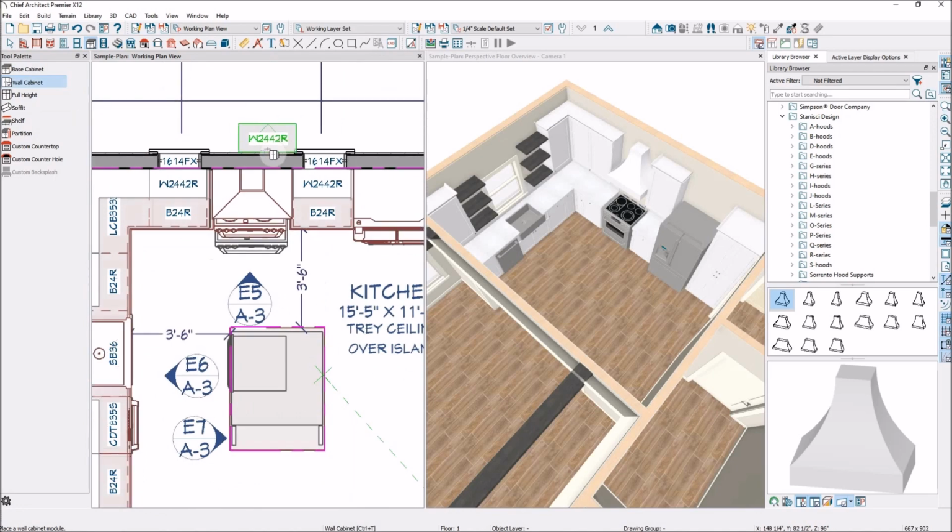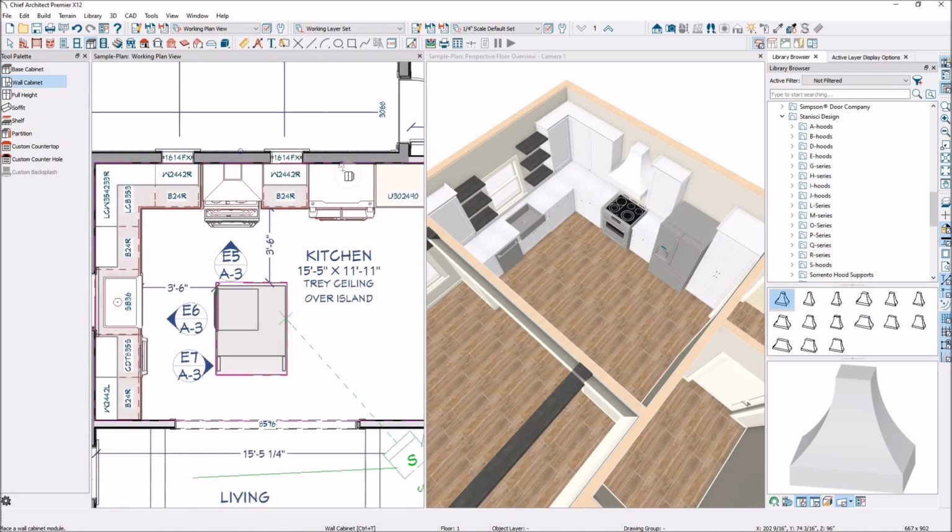So now that it's there, it will automatically do a cabinet above that fridge. So it automatically made that height. Now it doesn't do the depth or the width, but I can pull that over, and then I can make that match the depth here of